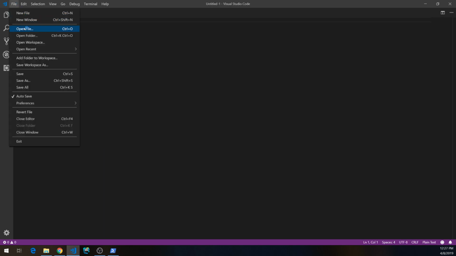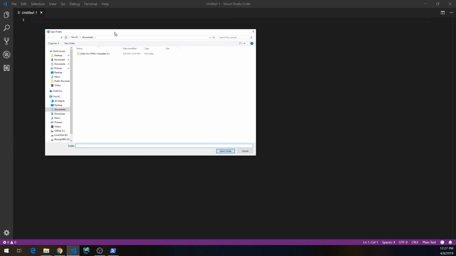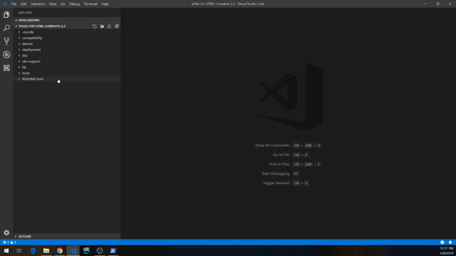So if you just open the respective folder, just go to the checkout, and as you can see, there's the VSCode directory. So we can just select the folder over here, and it will automatically configure the IDE